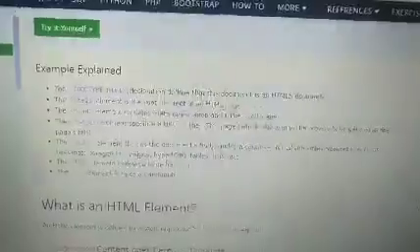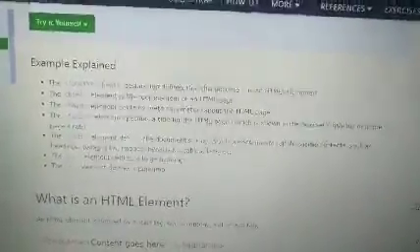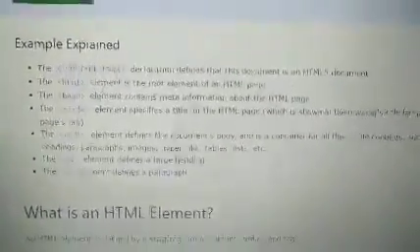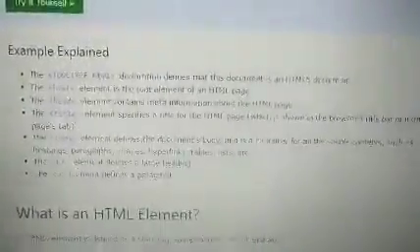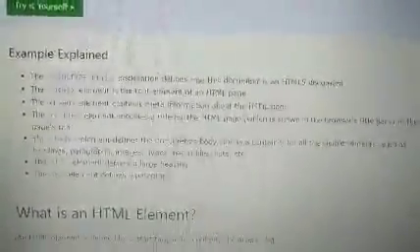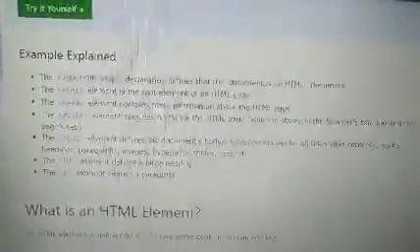Next, the HTML element is the root element of the HTML page. Where the HTML starts is denoted by the tag HTML. Next is the head tag. This element contains the meta information about the HTML page. Next is the title. It is an element that specifies the title of the page. It is shown in the browser in the title bar of the page tab, not in the body section.